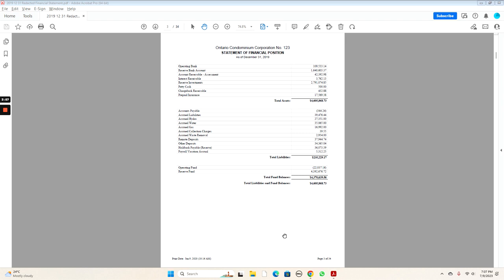As you must know, the corporation has to pay the insurance of the building in one go at the starting of the year. So what we do is that we put that whole amount in a prepaid insurance account. It's a prepaid expense account, and then we deduct the balance each month and transfer it to the expenses every month